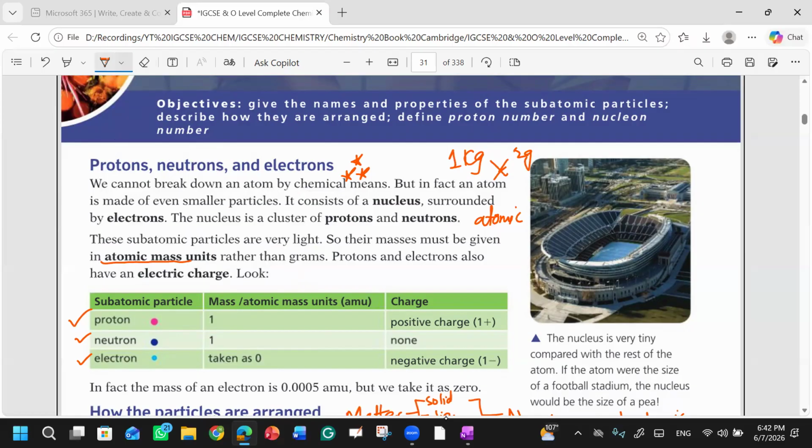When we say that the protons, neutrons and electrons are very small, you cannot use kilogram or gram. You can only use atomic mass unit because these are very small quantities. So when we weigh them in atomic mass unit, we say that the proton has a mass of 1. Proton is considered as 1. Neutron